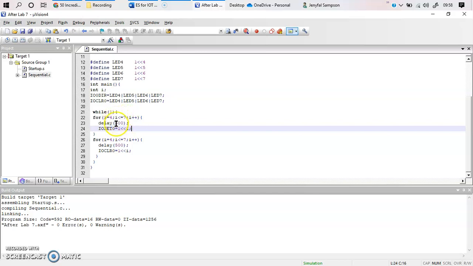So when I is less than 7, again I is equal to 6 over here, so the 6th bit is enabled, followed by incrementing the I value. So I becomes 7 over here. Is it less than or equal to 7? Yes, it is less than or equal to 7. So I now is 7 over here. The 7th bit is now enabled. So 4, 5, 6 and 7, the 7th bit is enabled.